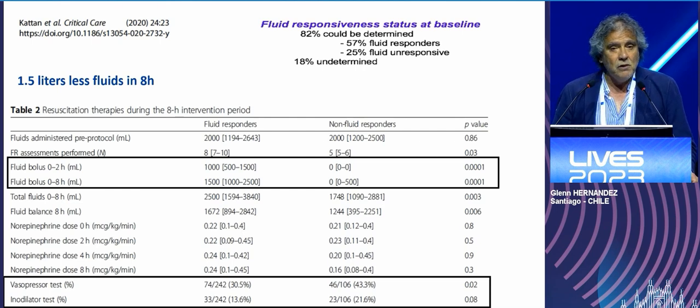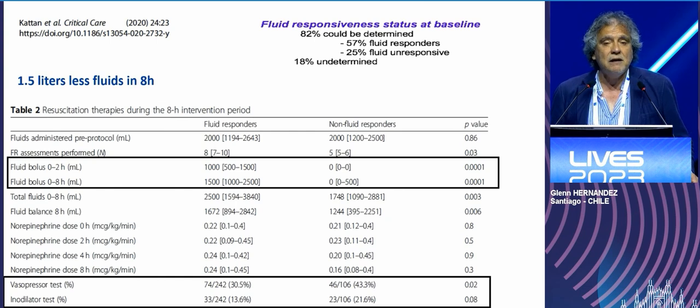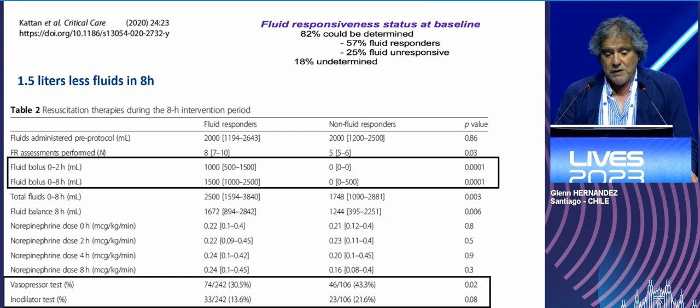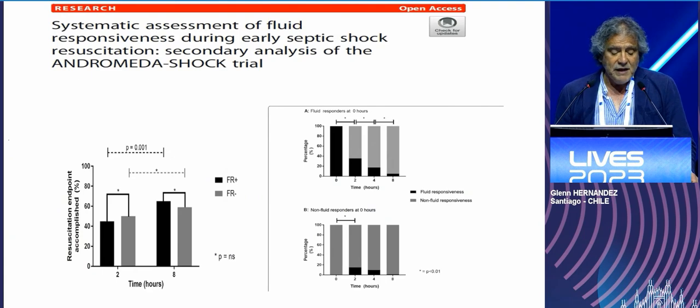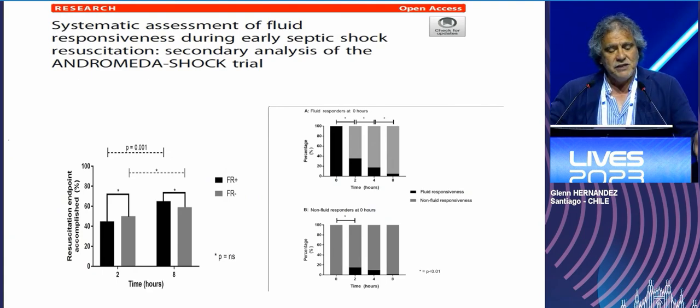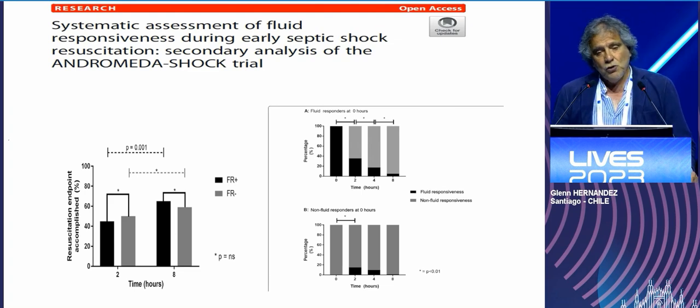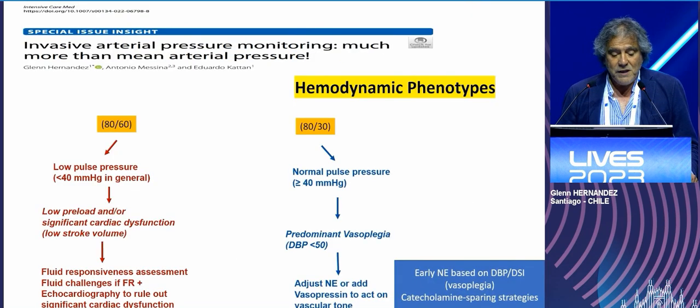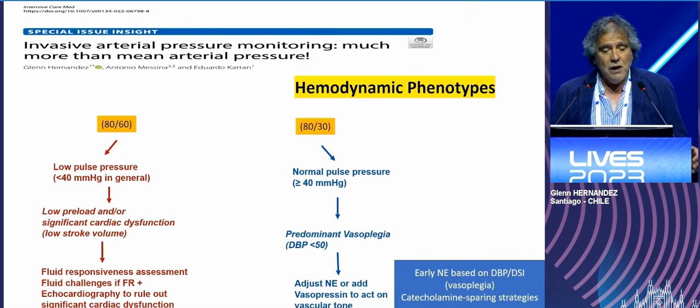And at the end of the road, at the end of the intervention, they received 1.5 less liters of fluid. But they achieved the same percentage of the assigned target, because they went for it by other means. So systematic assessment of fluid response could aid in trying to optimize resuscitation, as well as, of course,